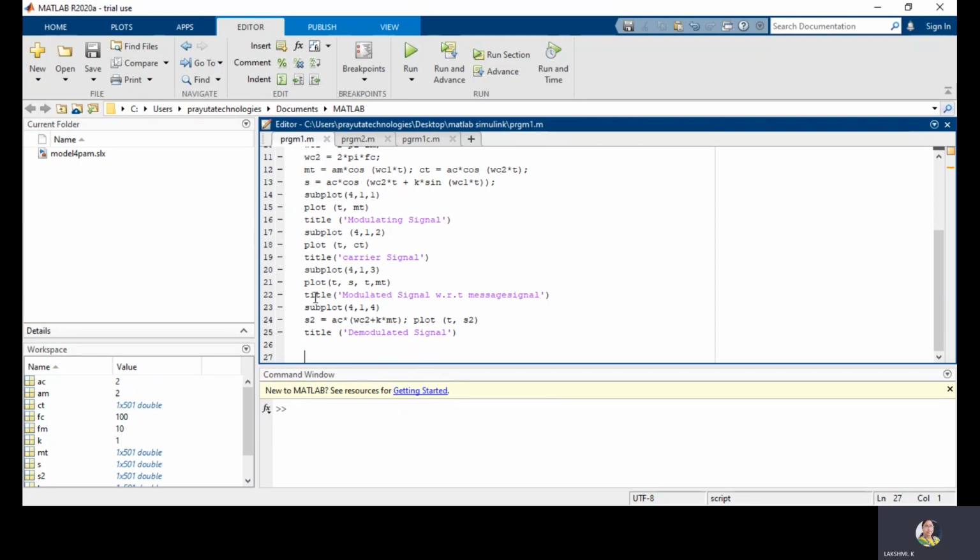In the third figure, the modulated signal is obtained, but here there is a small change. Rather than t comma s, I am taking t comma m also. That is, I want to observe both the modulated signal and message signal at a time in the same figure. That's why I am defining the plot as t comma s comma t comma m. And observe the title is taken as modulated signal with respect to message signal. That is how the frequency variation takes place with respect to the message signal, that is observed in the third